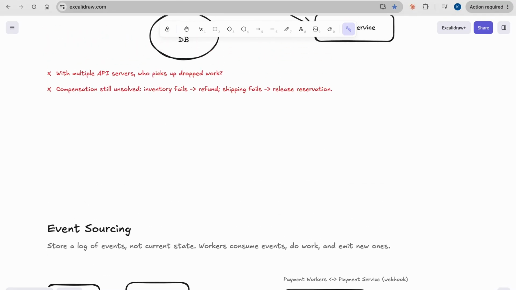So there are two ways to coordinate a Saga: one through choreography and another through orchestration. The one that I really like and we adopted is orchestration. Choreography is basically where there's no coordinator at all. Each worker subscribes to events it cares about, does its piece, and emits new events for the next worker to react to. That is a classic example of event sourcing, which I have listed here. We'll walk through that. The other is orchestration, where a single orchestrator owns the flow and tells workers what to do, because the whole sequence lives in one place.